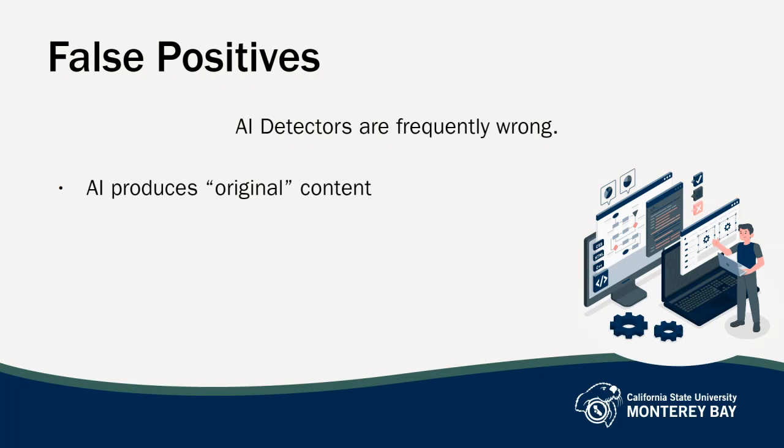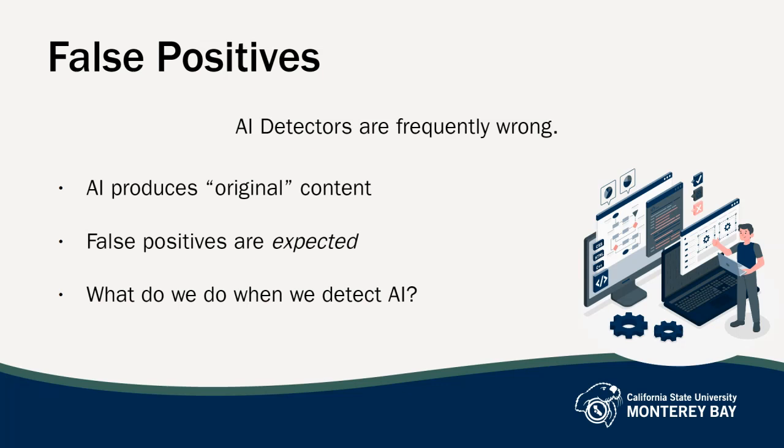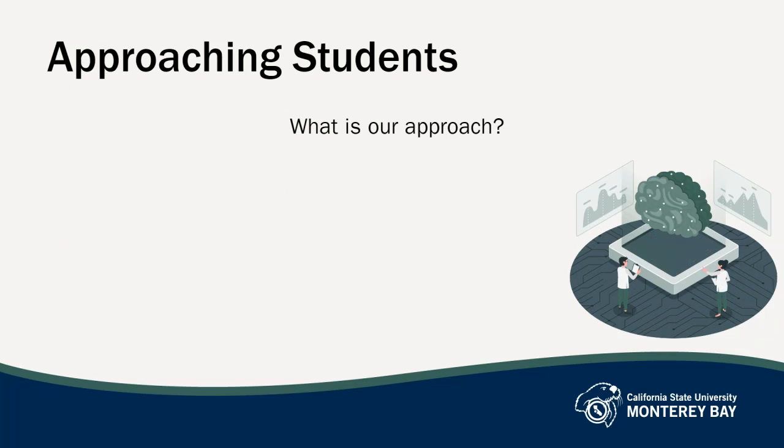So the question remains, what do we do once we have detected the inappropriate use of AI in submissions by our students? A lot of our approach will depend on the policies we've set and the way we have communicated those policies in our courses. But even if you don't have an explicit AI policy yet, an existing plagiarism policy can cover some of those bases. We'll talk more about policy making and enforcement in the next module, but for now, here are some of the steps that you can take if you suspect the inappropriate use of AI by students in your courses.